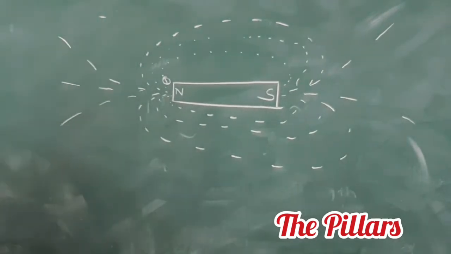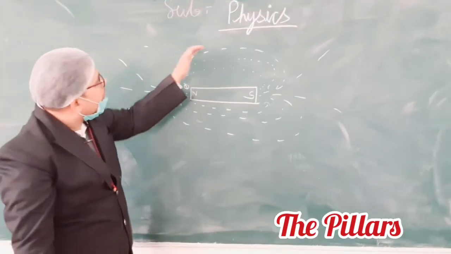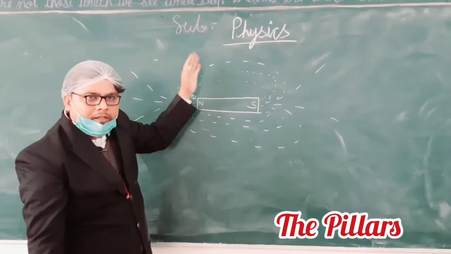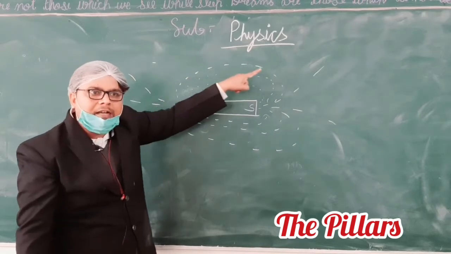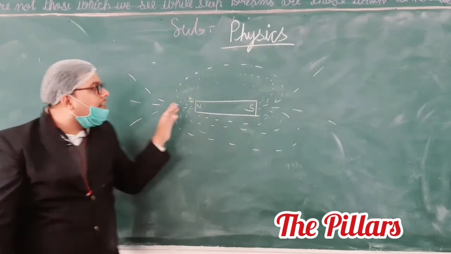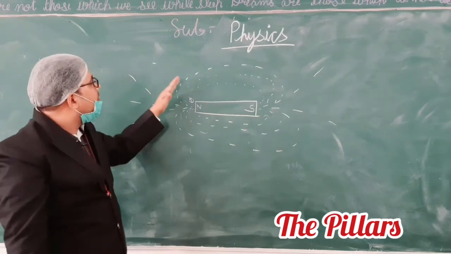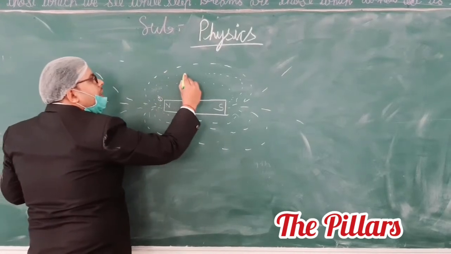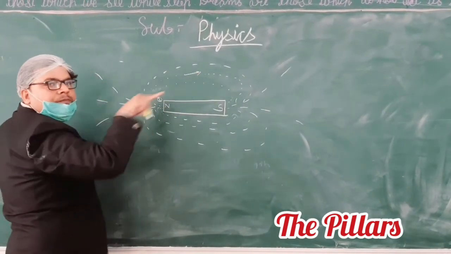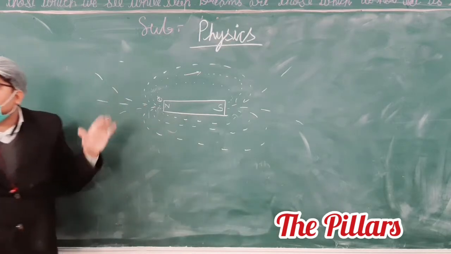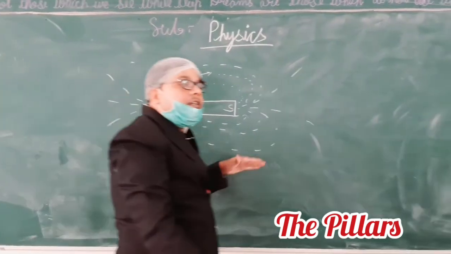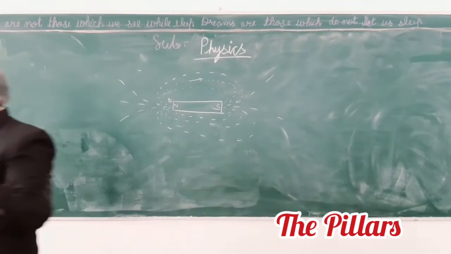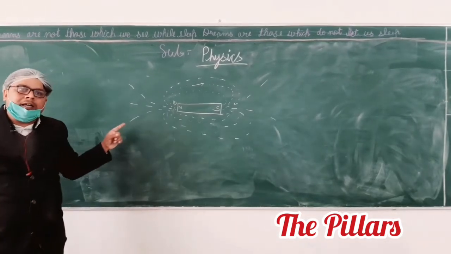So like this we are getting these points. This is the force experienced by the magnetic needle in this region. This is showing the deflection. We are getting these deflections, which means in these directions we are getting the forces. So if we draw a tangent on these curves, we will get the direction of the magnetic field. Any tangent on a magnetic line of force will give the direction of the magnetic field. Okay? Is it okay?